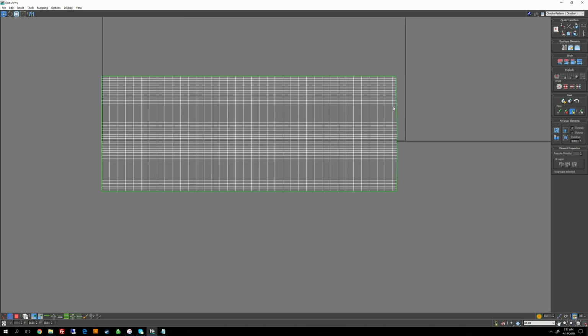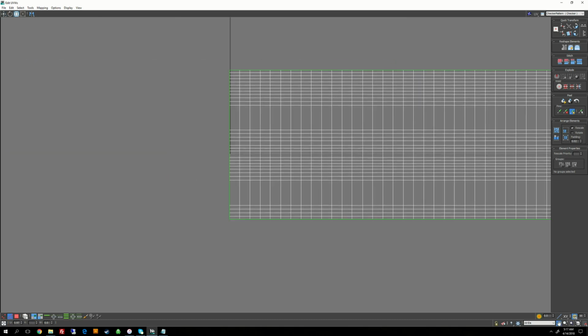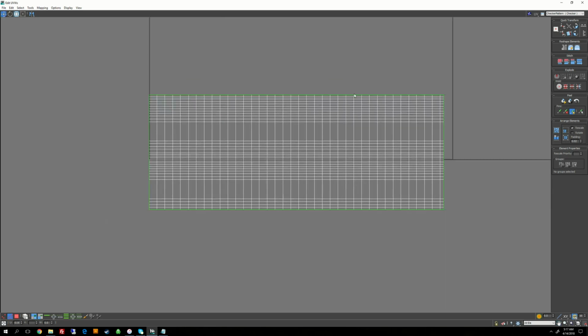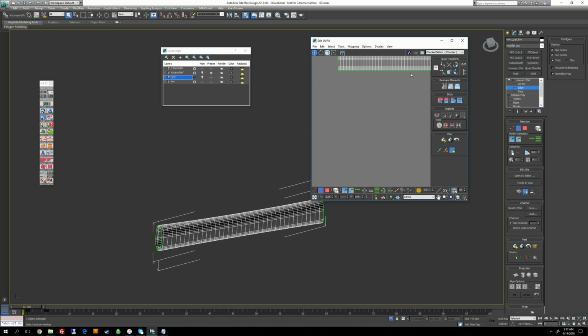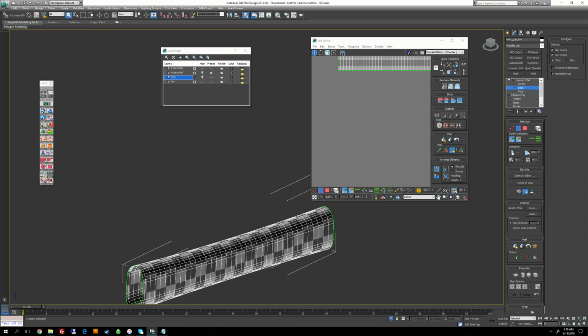Alright, then we got this edge over here. So we'll hit Y. Now we got a very clean map there. Let's go ahead and check our texture, how it's applying. Looks pretty good. So now at this point, I decide